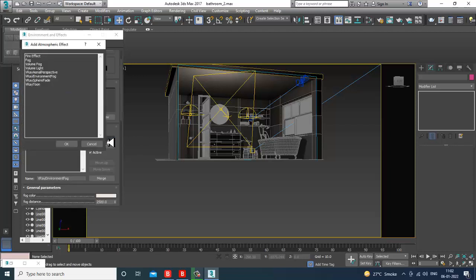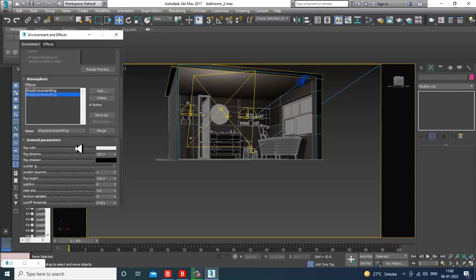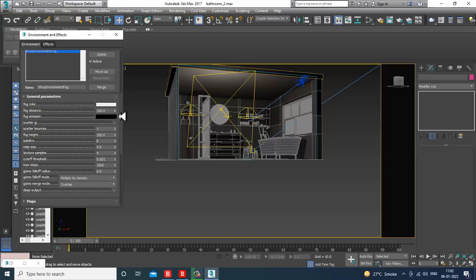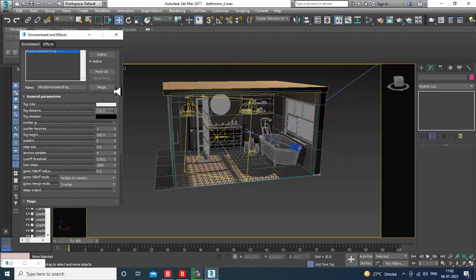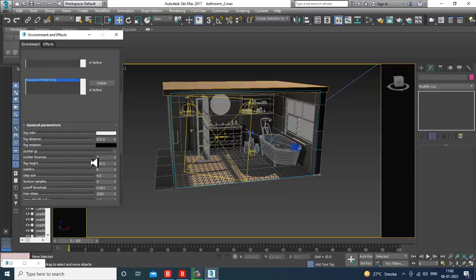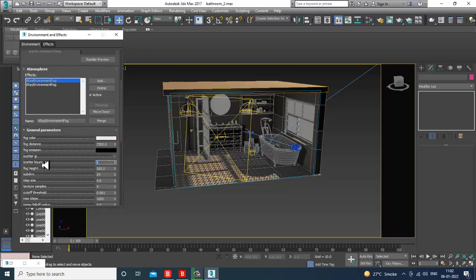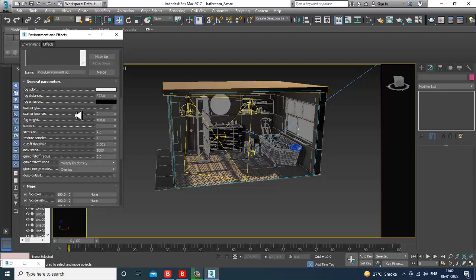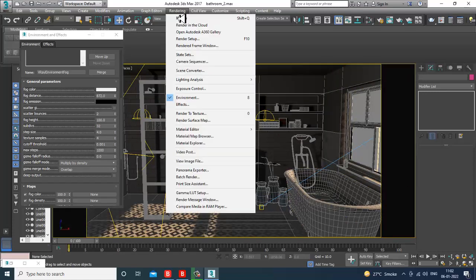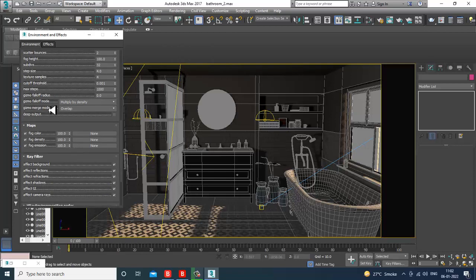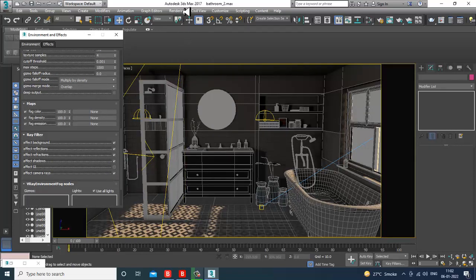So you can again add one more V-Ray environmental fog. You can just go down and now you can switch with this fog distance, scatter bounce, keep it as 2. For the first one also I'll increase it to 2 over here. I'll go into the second one, subdivisions 32. Now let's render it and I'll turn off this effect GI. Let's render and see.